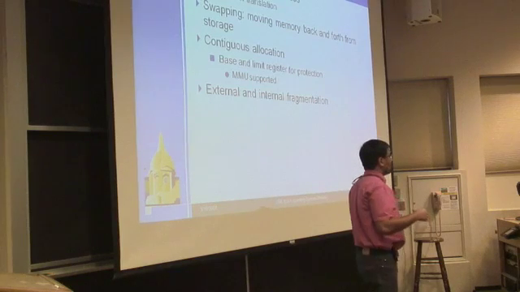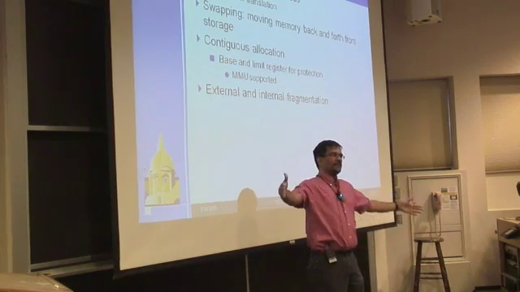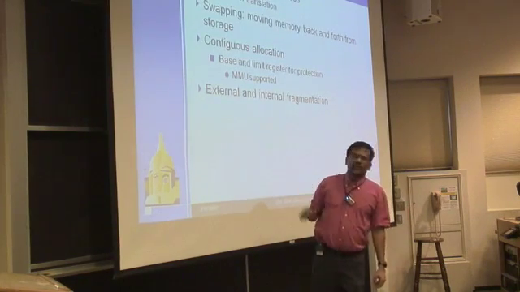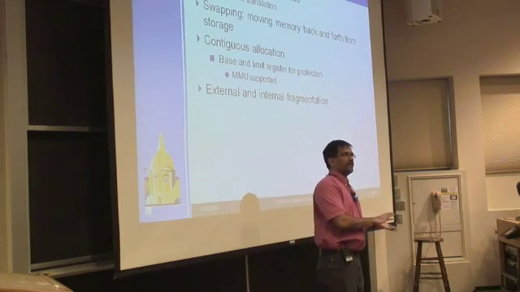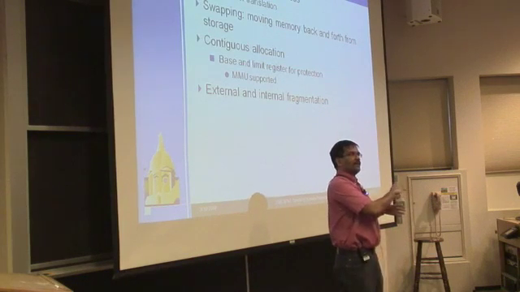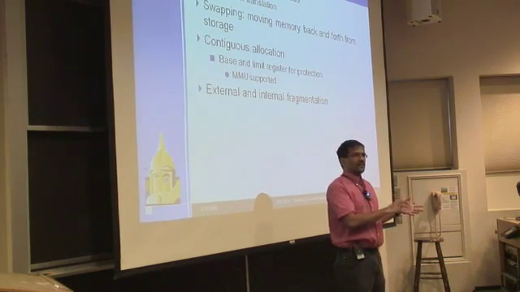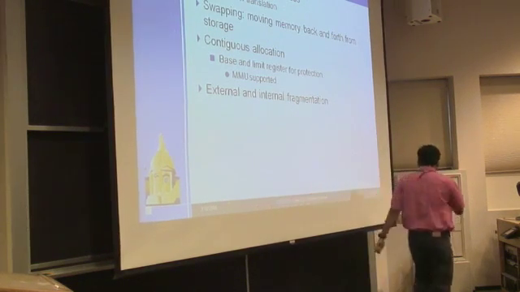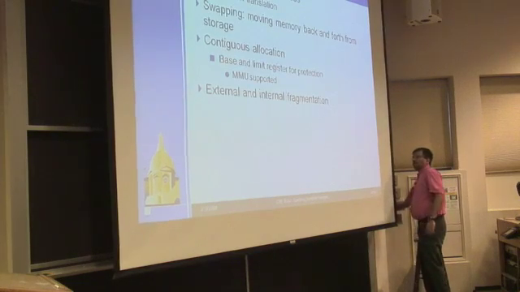And the other issue we looked at was, how do you allocate these things? If you have large memory, you either get into a notion of external fragmentation or internal fragmentation. External fragmentation is when you do allocation, and you have a little bit of area left which you can't use for anything else. So that's sort of where we left off. To make sure that you understand all the stuff,